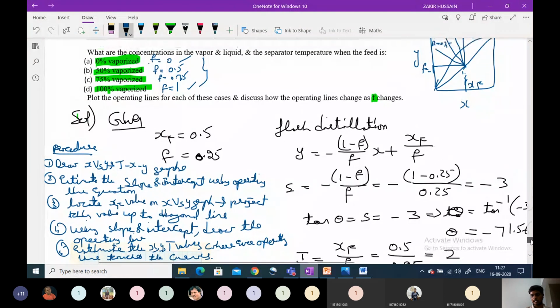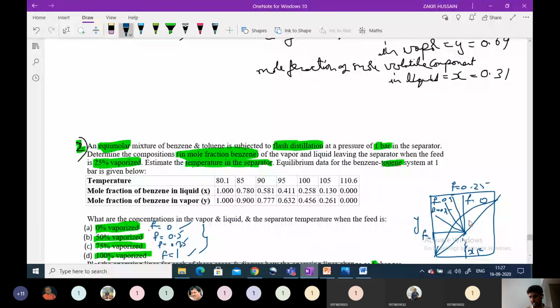Here at least we are lucky, we have only one operating line. In the next McCabe-Thiele method, we need to have different operating lines. The first operating line will be drawn for the enriching section, and the next operating line for the stripping section, and we need to estimate the plates using the triangles drawn in between the operating lines. For example, up to here the enriching operating line is there. From here, in drawing the triangles, we need to change the angle. We need to change the operating line. So it will be somewhat harder compared to this one.